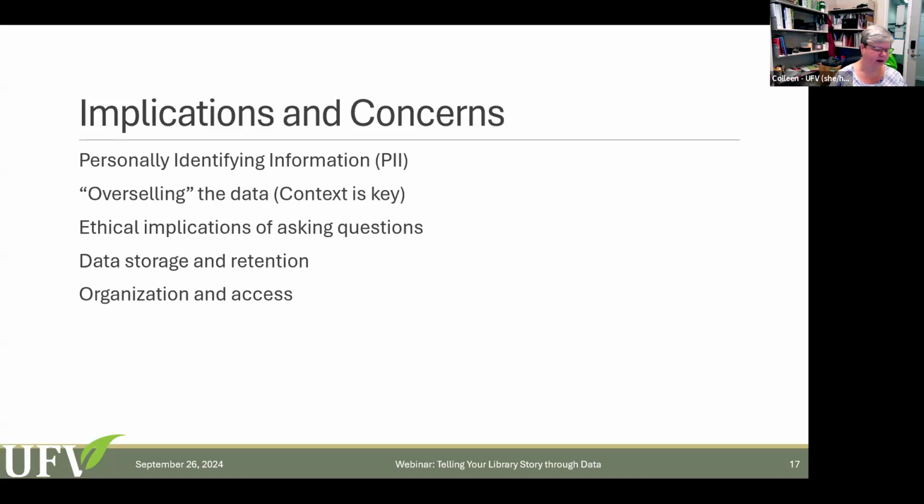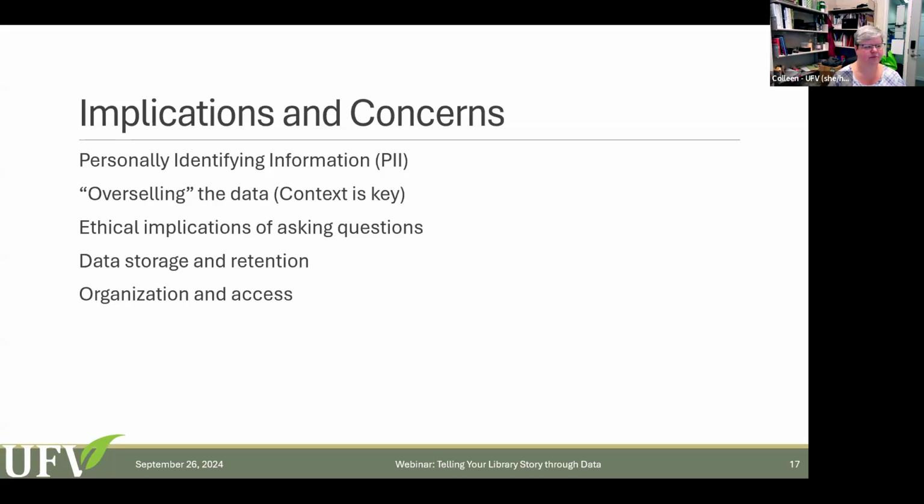When we're thinking about collecting and using our data, there are some things that we want to be thinking about. I mentioned earlier that we want to collect data that is amendable, that we can add to over time. But there are some other aspects of collecting data that we want to pay attention to.